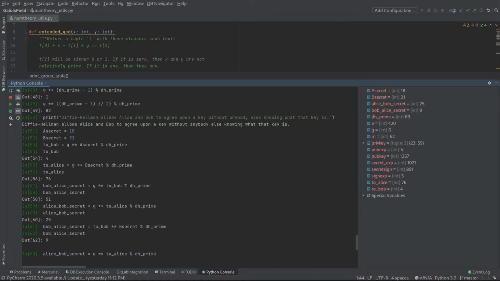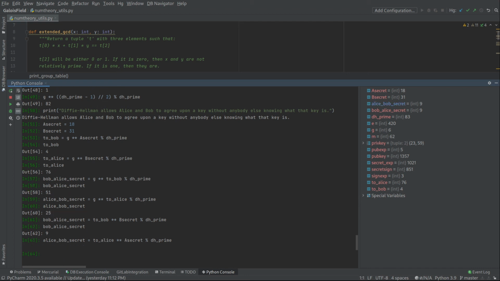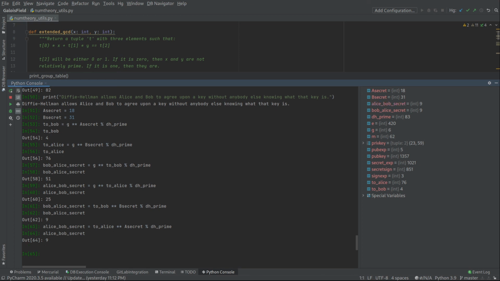So now the Alice Bob secret should have been, she should have done this with her secret number. So now the Alice Bob secret is also 9. Now, this one is a little easier to see why it works. You're doing G star star A secret star star B secret percent DH prime on one side,